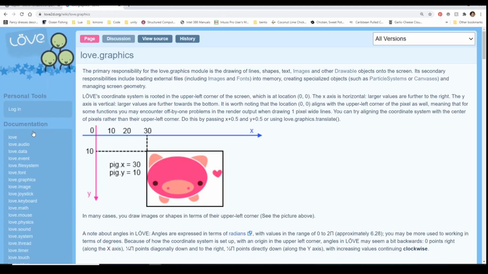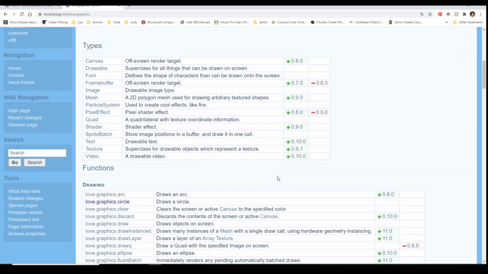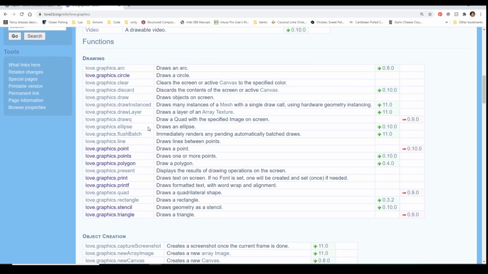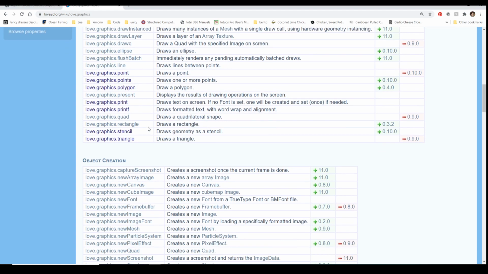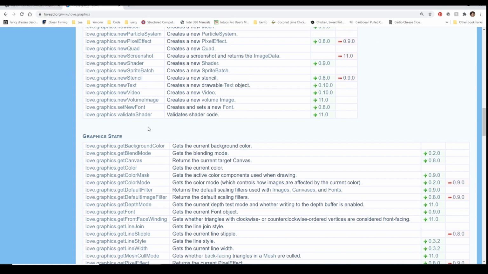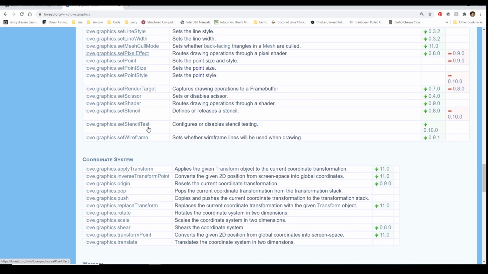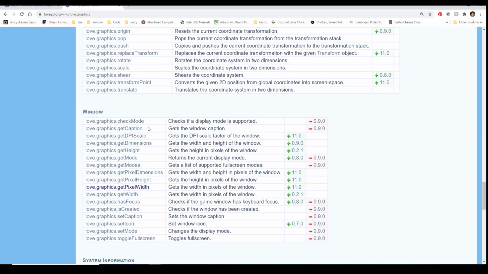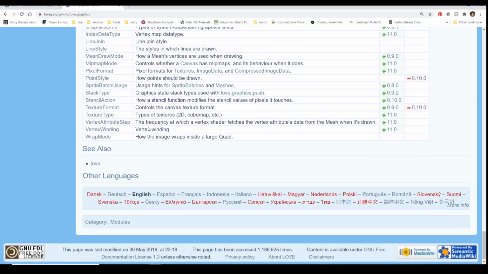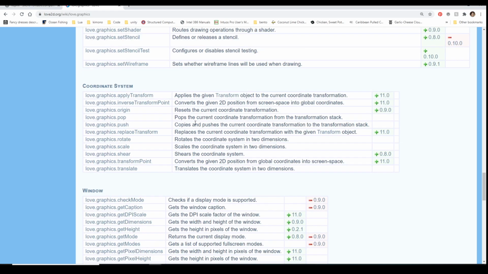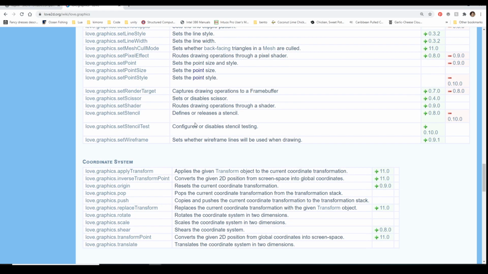So we can come to love.graphics, and you can come down here and say, okay, I know it's going to be somewhere in here. It's got to be print or draw or something like that. And sometimes you have to figure out where they've hidden it, and I've probably gone past it.